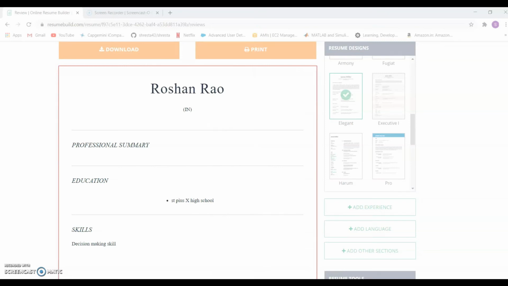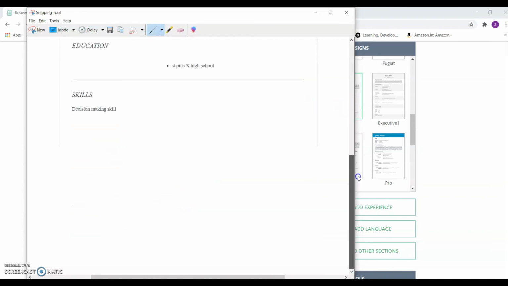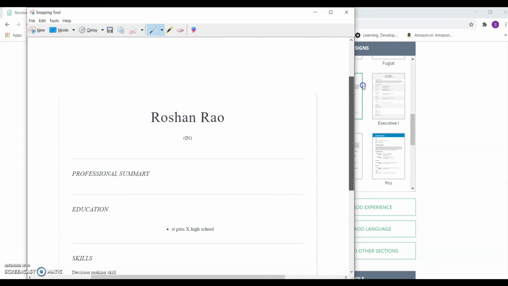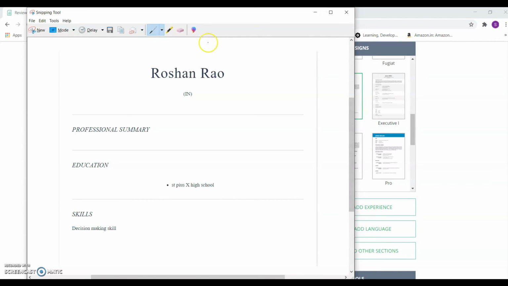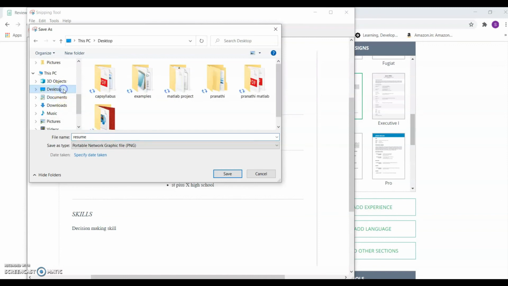While cutting your resume, make sure that you follow proper dimensions. Here I have got only 3 sections because I did not include much of my information here. So only few things I have mentioned, so my resume looks very simple, but when you actually design your resume, it will look perfect, guys. Now go ahead and save your snippet. A snippet can be saved in three forms, that is HTML, PNG or JPG. Now I have saved this in a JPG format.